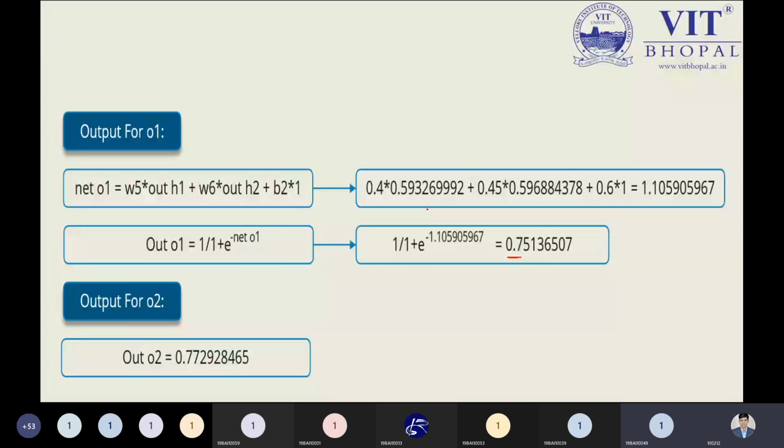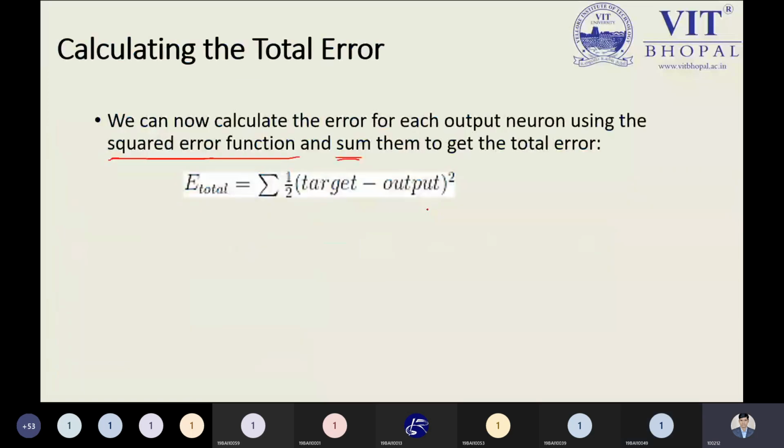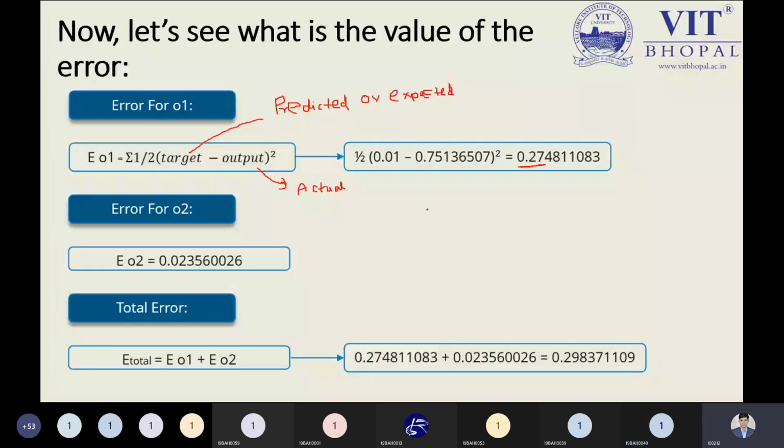Yes, sir. Okay, good, super. And just please note down only the E total values. Or you can also note down the EO1 value and EO2 values as well. No issue. If you're noting down all these values, please note down all of them, and it will help you to understand the concept properly. Finally, you are required to note down the E total values.